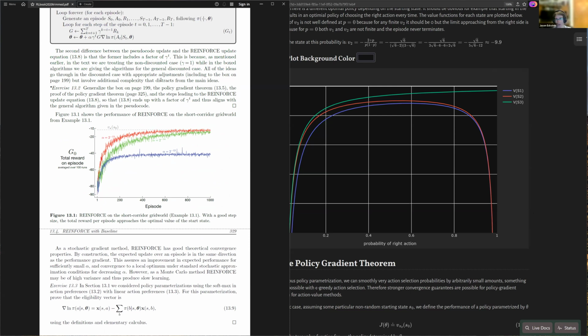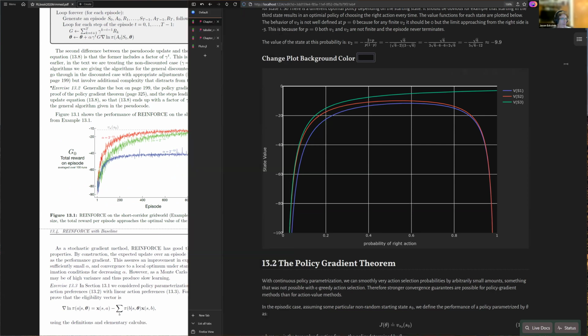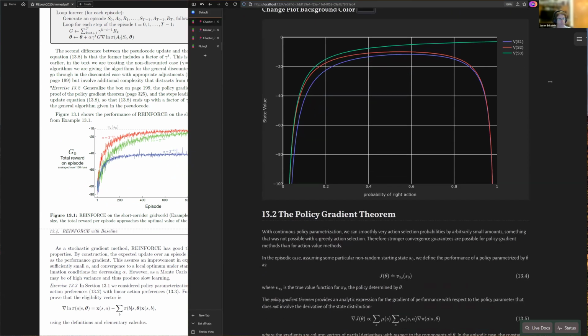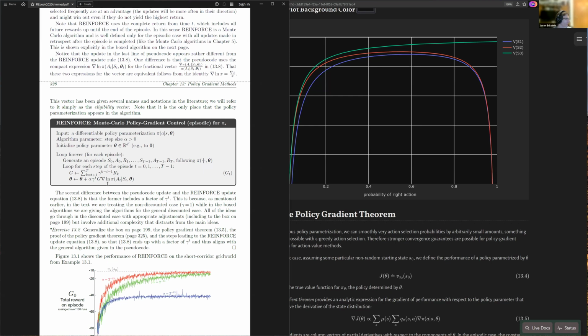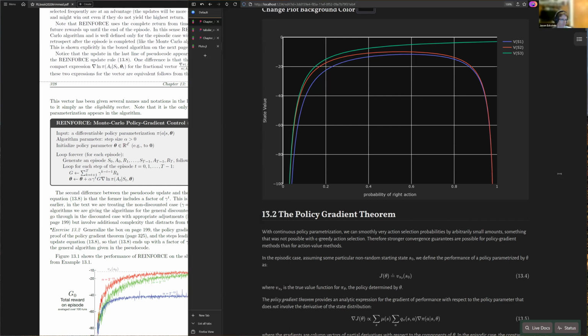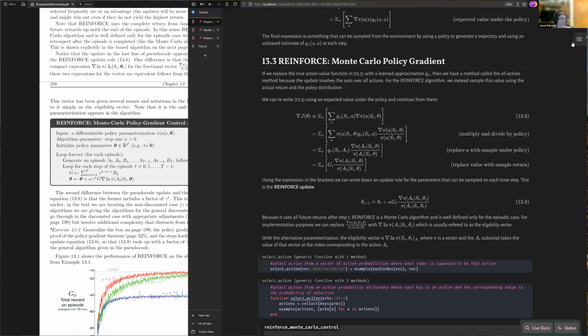And the way it was solved was also with linear approximation. And another quick thing that we can end with is how do you actually compute this eligibility vector? This thing, which is the gradient of the log of the policy, under different common circumstances. And one common circumstance,